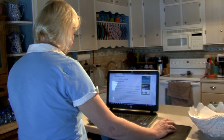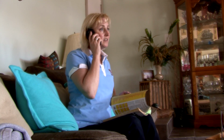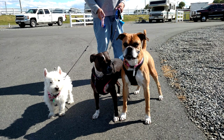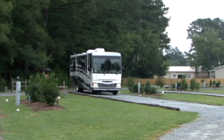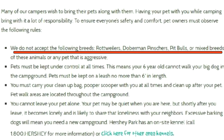When we make campground reservations, we always check to see if it's a pet-friendly campground. Or you can call the campground in advance to check the pet policy prior to making campground reservations. Inquire if the breed or breeds of dogs you have are allowed. It is unfortunate, but some destinations or campgrounds you plan to visit have breed-specific legislation that bans particular breeds of